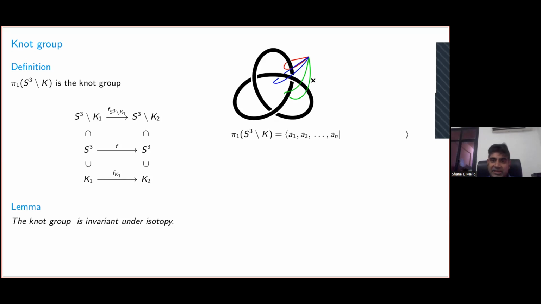So I'll show this visually. Here's a blue arc. I'm going to put in another blue arc, which is isotopic to this one, so it represents the same element in the fundamental group, but I've separated it because it'll make the conjugation clear. So now notice that when I compose this red and, sorry, there seems to be something interrupting.